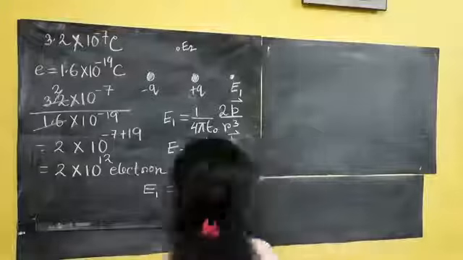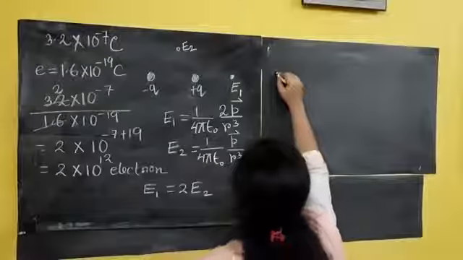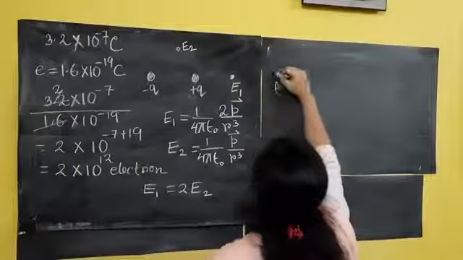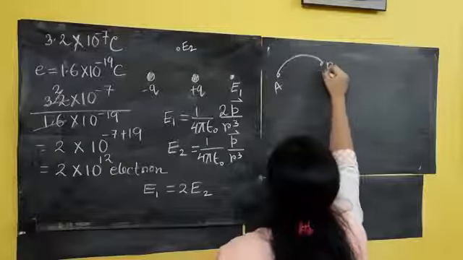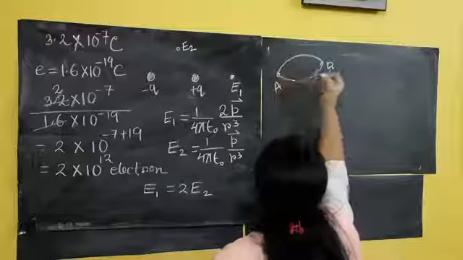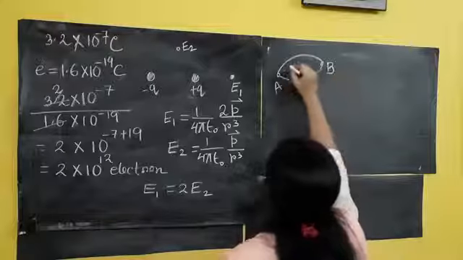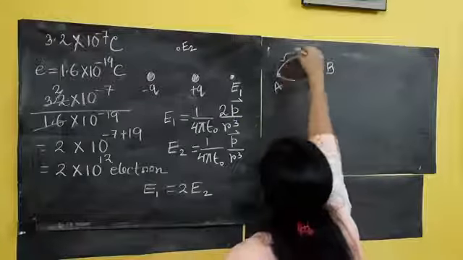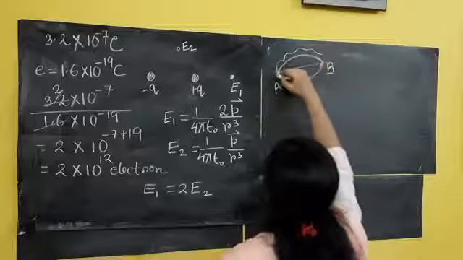Suppose you start your journey from here at A and end your journey at B. Next you start from here and end over here. You can come from A to B like this, like this, like this.